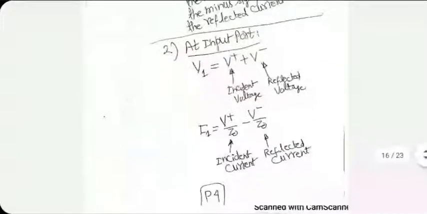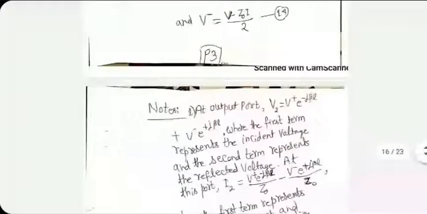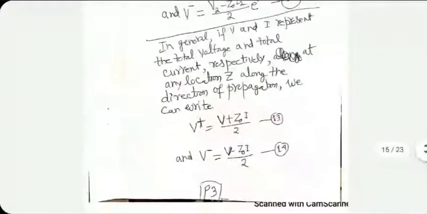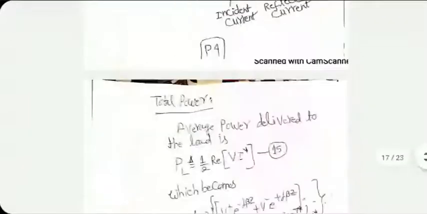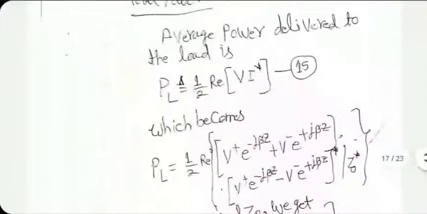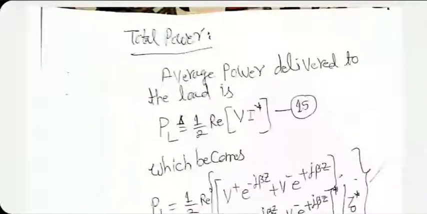You may want to go through it once again. But more important thing is, let's look at power based on this. Suppose I have defined V plus and V minus this way, which is actually derived, it's not definition. And total power at any point along the length of the line, it's a lossless line, so power will be the same no matter where you look, whether at the input end or at somewhere in the middle or at the load end. It will be the same thing.